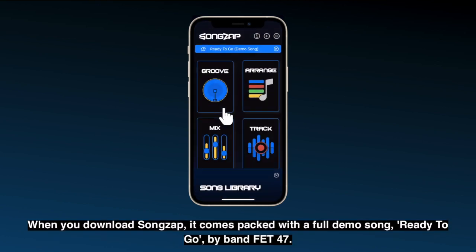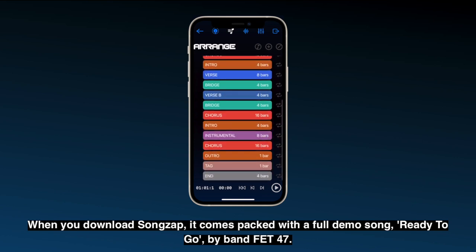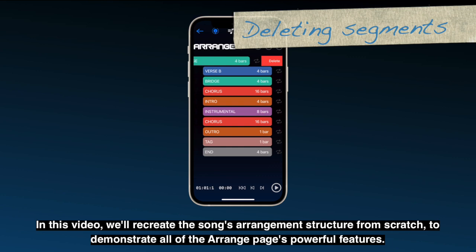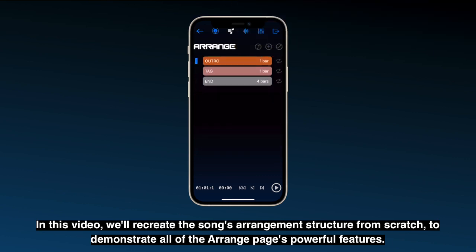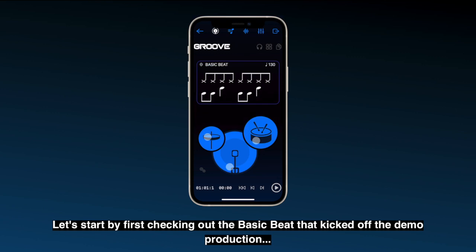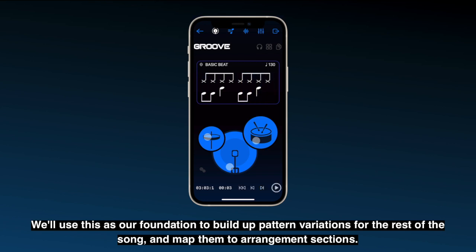When you download Songzap, it comes packed with a full demo song ready to go by band FET47. In this video, we'll recreate the song's arrangement structure from scratch to demonstrate all of the Arrange page's powerful features. Let's start by first checking out the basic beat that kicked off the demo production. We'll use this as our foundation to build up pattern variations for the rest of the song and map them